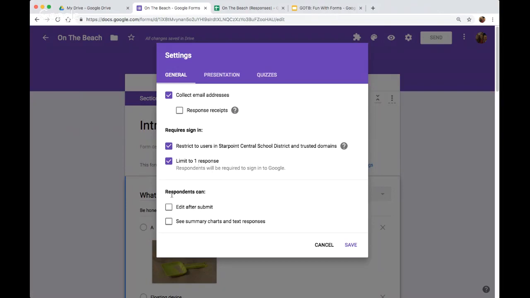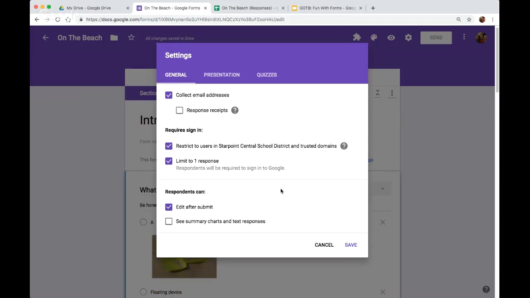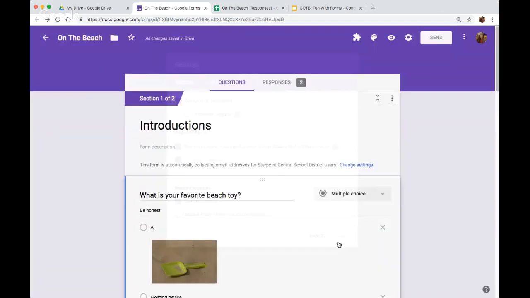When I'm working with kids, I always like to hit edit after I submit, so kids can have a chance to go back and fix something that they didn't like. I usually don't do the summary charts unless you really want people to see how everybody else is responding. I want to show you real quick what that looks like